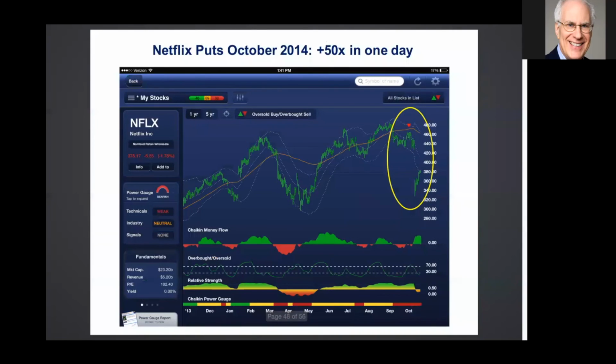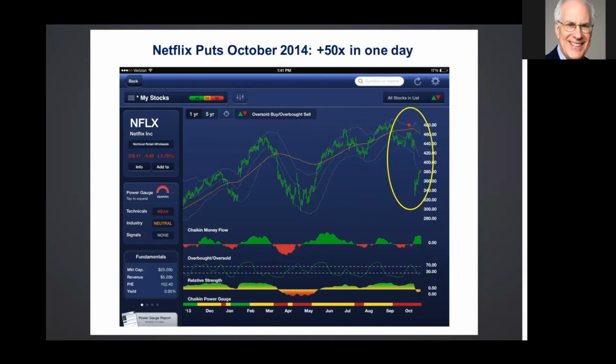Now, a very dramatic example of what you can do with options during earnings season goes back to October of 2014, where Netflix, before a 7-for-1 split, had a bearish earnings report, and we had an overbought sell signal, a new 8-day high ahead of that earnings